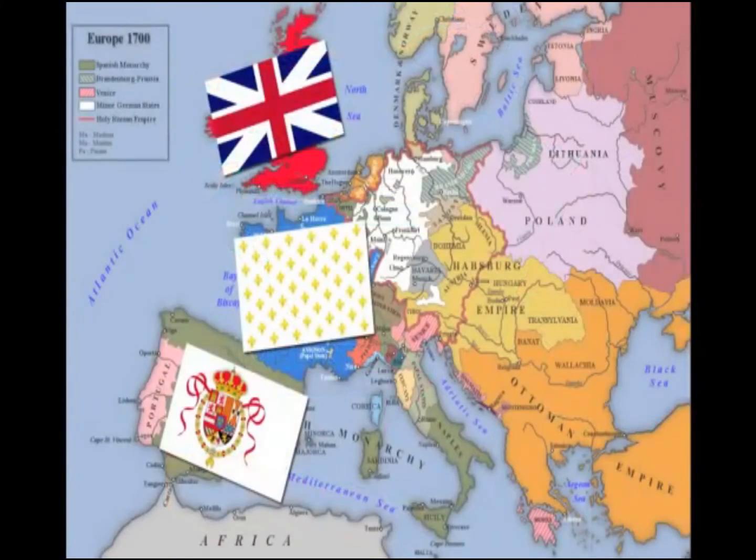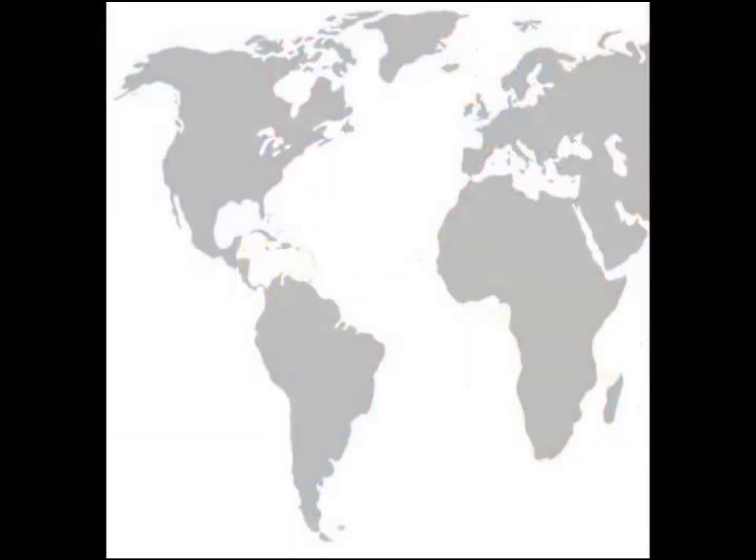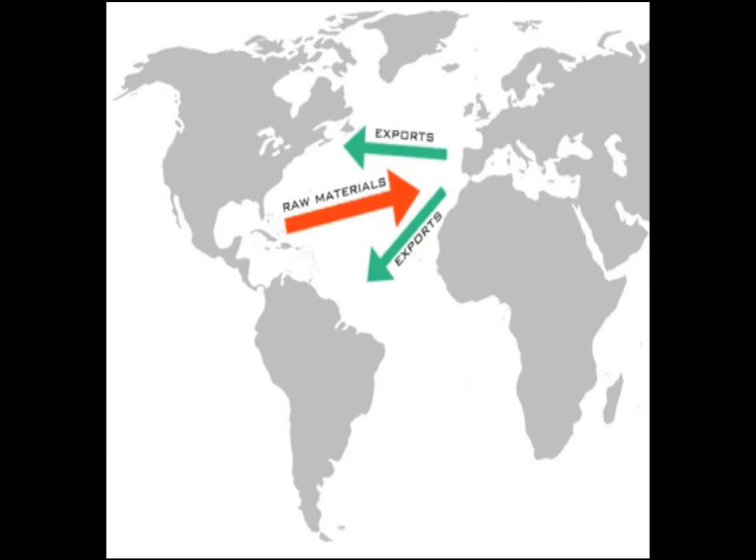These European powers realized that colonies could play a major role in gaining more wealth and thus more power. Colonies could serve two important roles for the mother country, that is, the powerful country that is establishing the colonies in the first place. The first role is to produce raw materials from the resources of the area. This could be timber, beaver pelts, or most important, gold. The second role of the colony is to act as a market and to import manufactured goods from its mother country. The more markets a country has, the more it can sell, and the more money it can make.